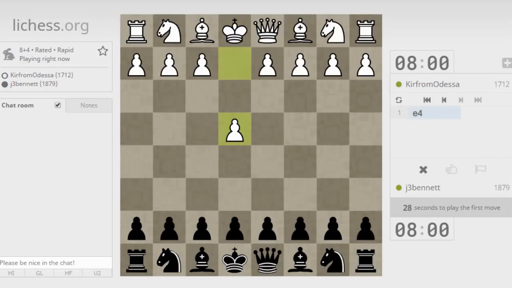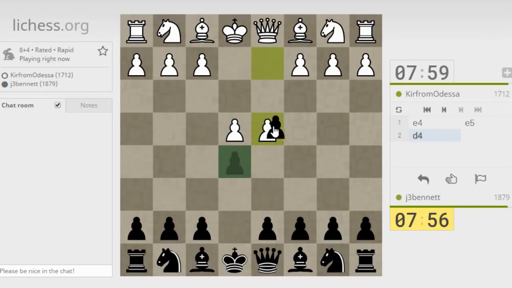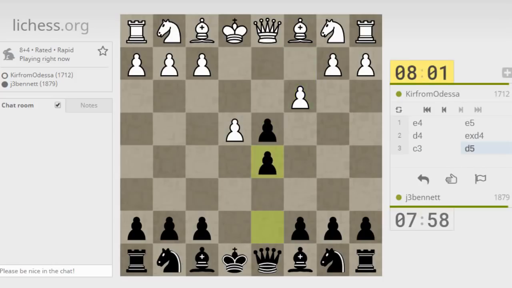Kier from Odessa. Okay, let's play e5 against e4. d4. So that's a center counter, or center game it's called. And then he's trying to play a Danish gambit. I'm going to disrupt it with the move d5. The Danish gambit